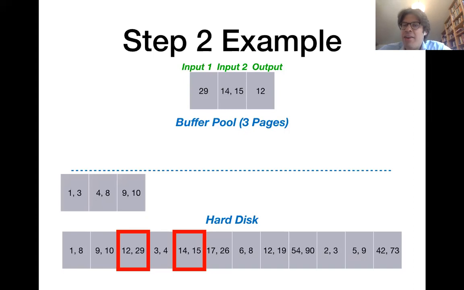Okay, and there's a question about why not put the first page of the third sorted run instead of iterating through a run. Does it matter? Okay, and that is a great question. In fact, it does matter because you essentially rely in the algorithm on receiving tuples in the input buffers in increasing order. So if you switch from a page from one sorted run to a page from a different sorted